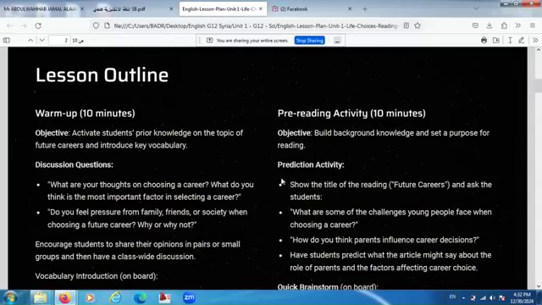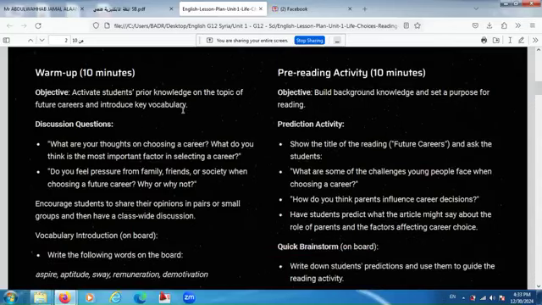The lesson outlines, I'm going to separate my session into the following parts. A warming up in order to break the ice between you and the students. It needs between 5 to 10 minutes, and the objective is to activate students' prior knowledge. You have to remember, you have to revise, to recall prior knowledge on the topic. What is a future career? What were your ideas about your future career when you were younger?